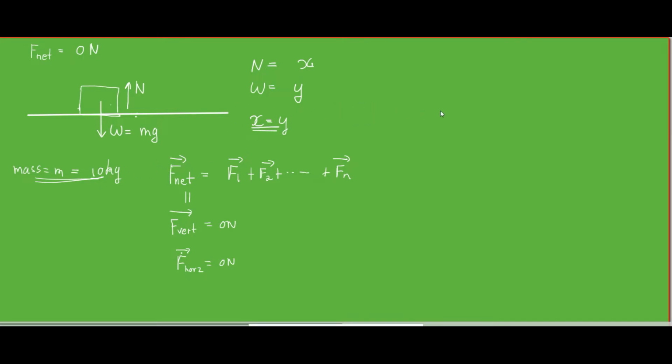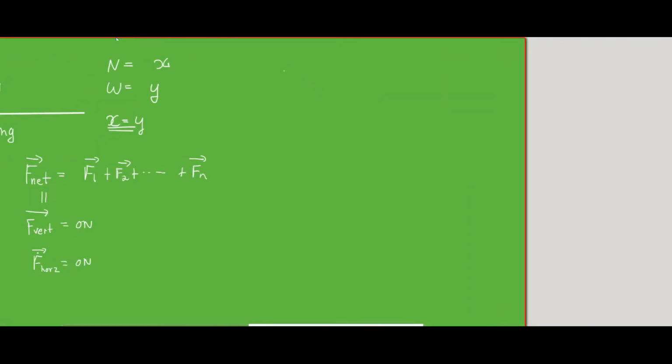Okay, let's go with another problem now. A box on a slope. Okay, so we have the same thing. M is equal to 10 kgs. Acceleration due to gravity, which is your small g, is 10 meters per second square. Okay, and this slope, we will keep this at 30 degrees. Easy to work with. That's your theta.